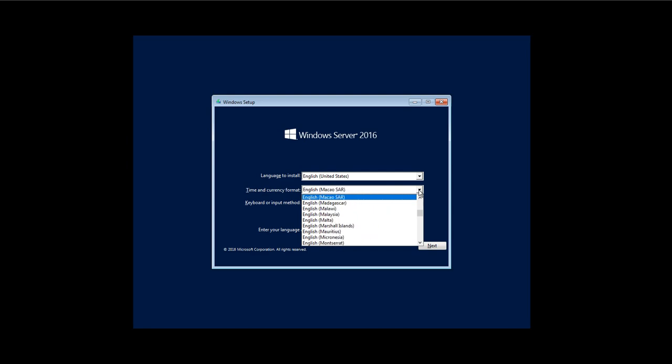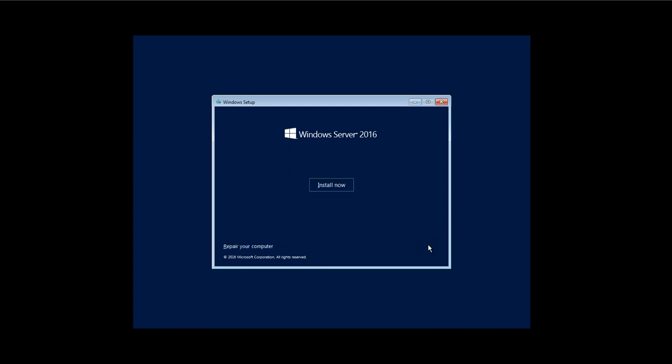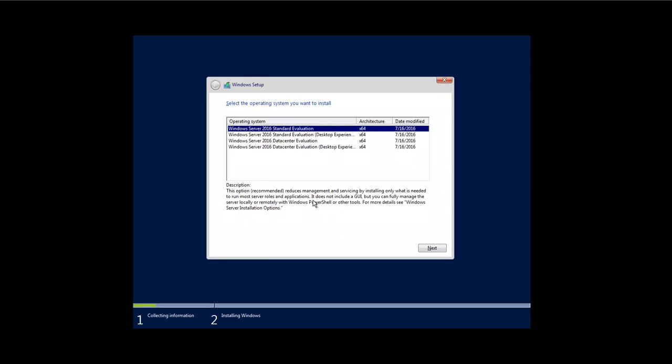And then you have to select the keyboard layout, same, then next, install. And if it is a genuine version, not an evaluation version, that means if you have purchased it, then it will ask for the key at this stage. So you will provide the key, and based on the key it will select the edition automatically. This is the evaluation version, so it has two editions, standard edition and datacenter edition. And in both editions we have the core option of installation and desktop experience. Previously we selected the datacenter desktop experience, that is GUI.